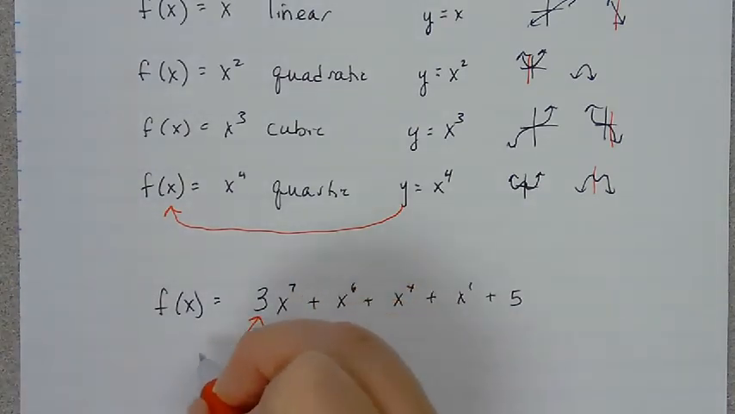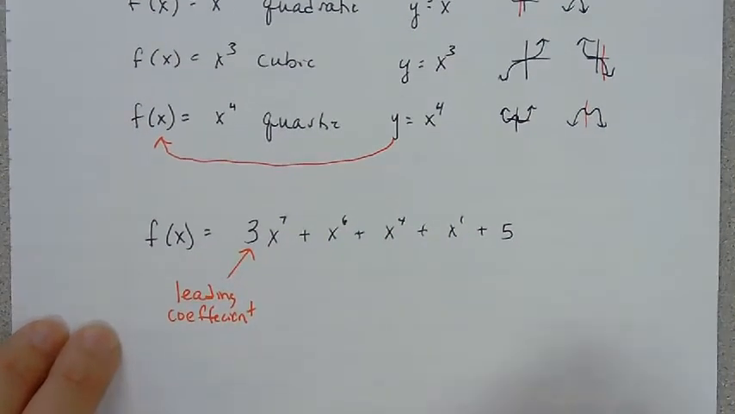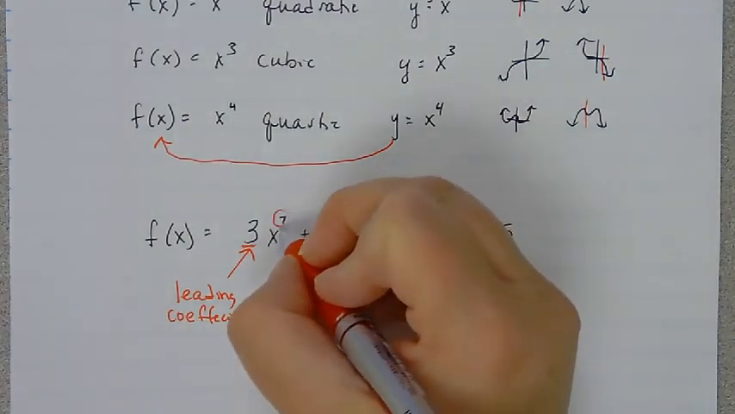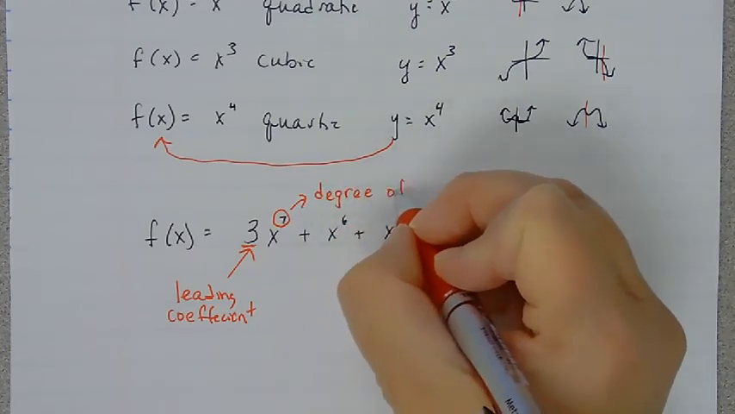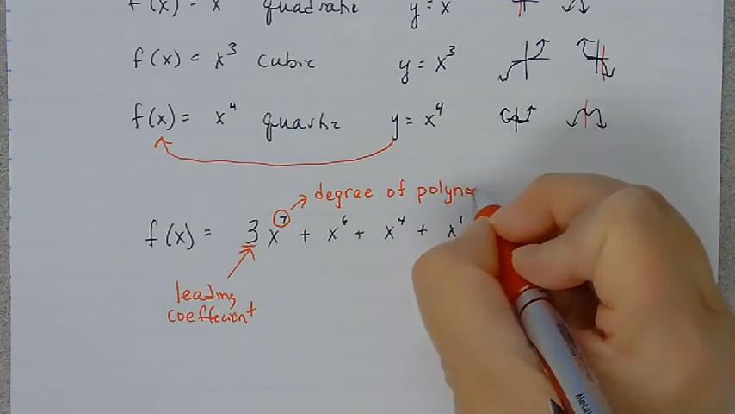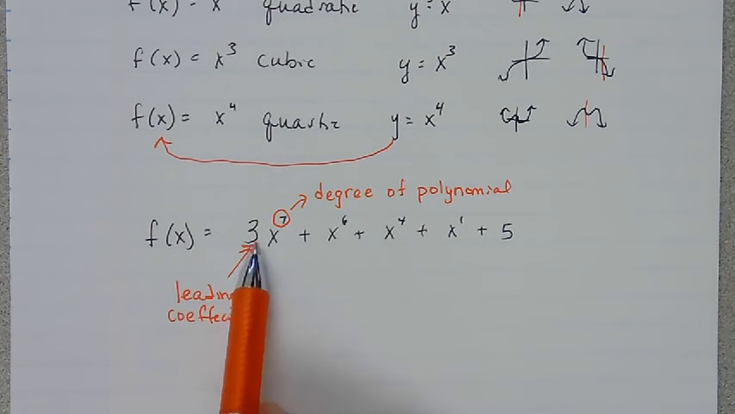This number is called the leading coefficient. So the leading coefficient is the number that comes in front of the variable with the highest exponent. This highest exponent tells us the degree of the polynomial. And those are going to tell us certain things about our graph. We already know for a quadratic, this number is going to tell us whether it opens up or down. So same thing is going to happen here. It's going to tell us